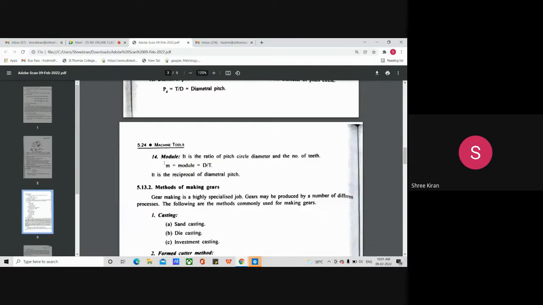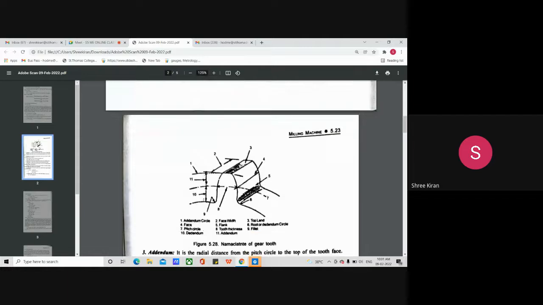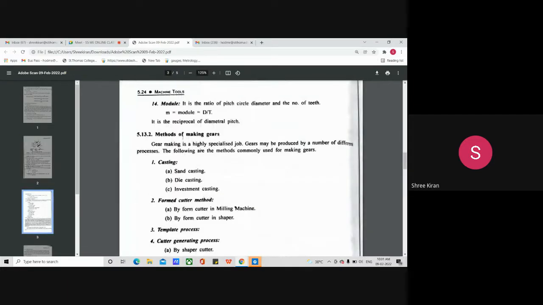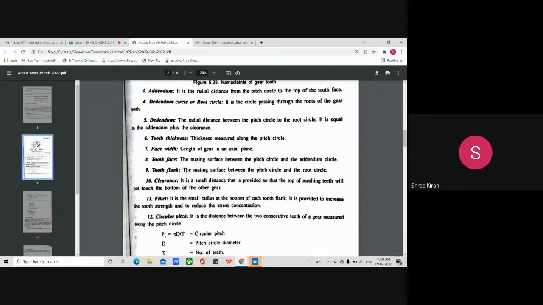Then comes the module, the fourth one, the 14th. It is the ratio of the pitch circle diameter and the number of teeth. That is the module. So these are the main aspects of